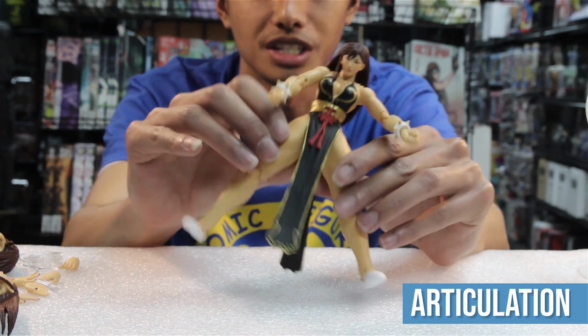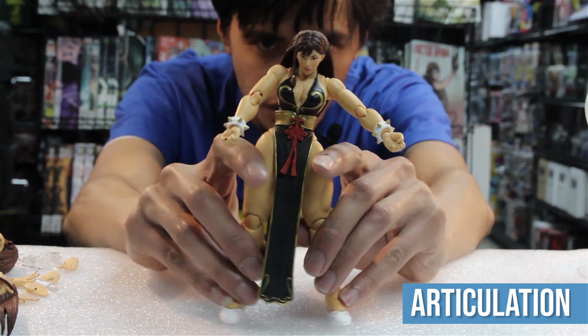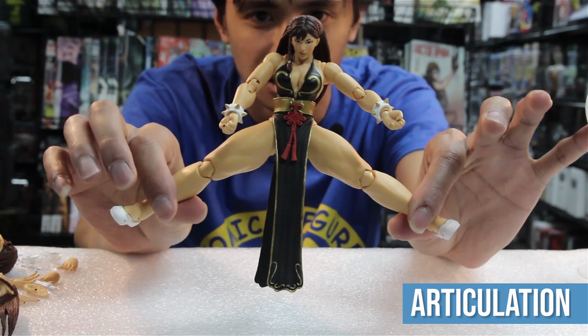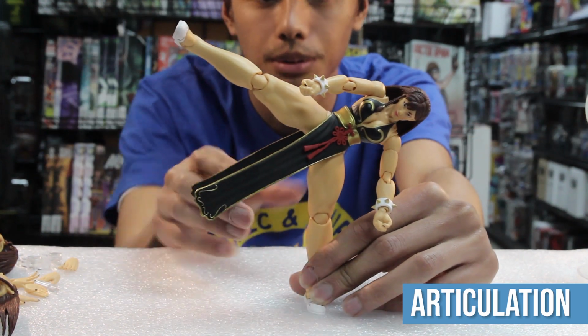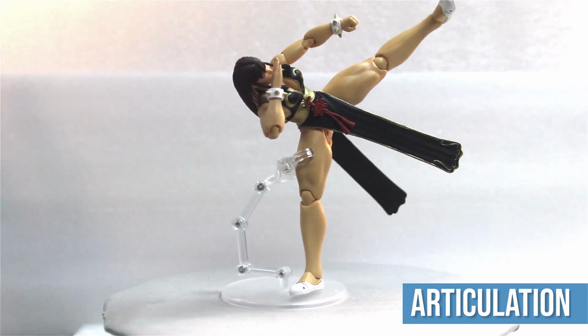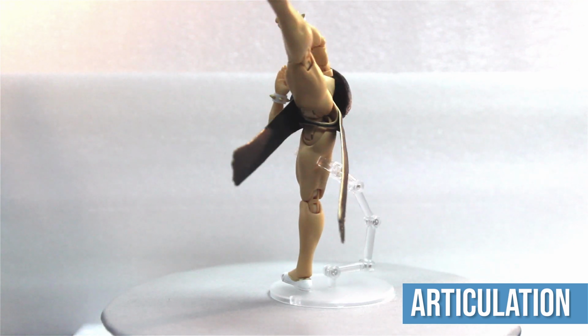Here she is with her monstrous thighs, super big. If you were to stretch her out, she could kick out like that, plainly. So when she's standing up and kicking, it's gonna be about that high. Now on the box, I showed you an image of her kicking straight up, doing a straight